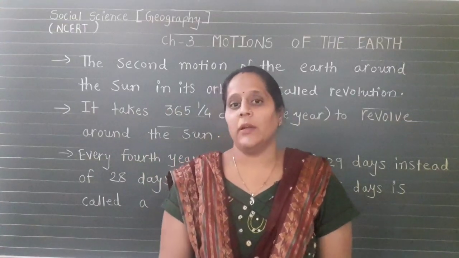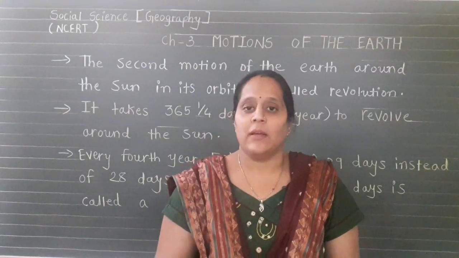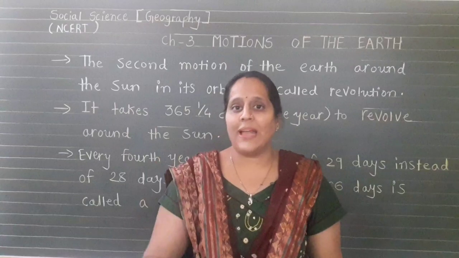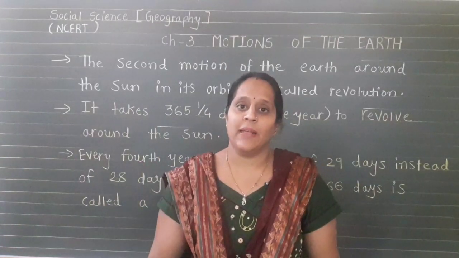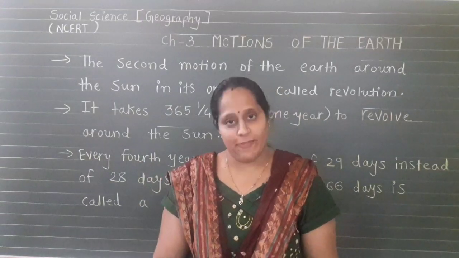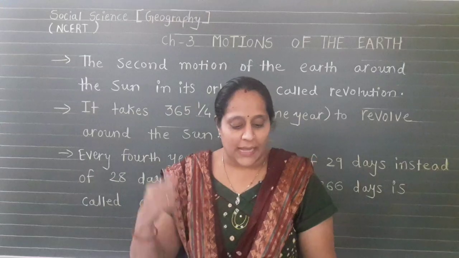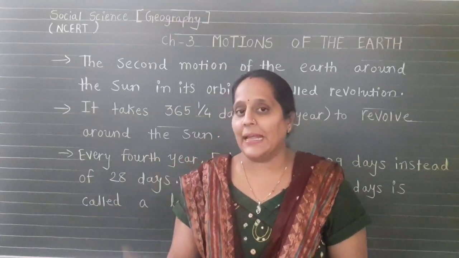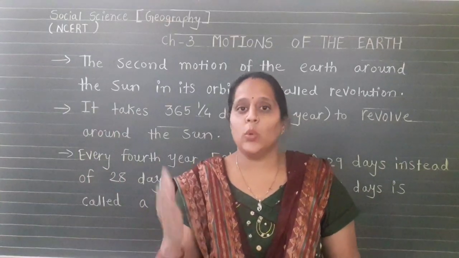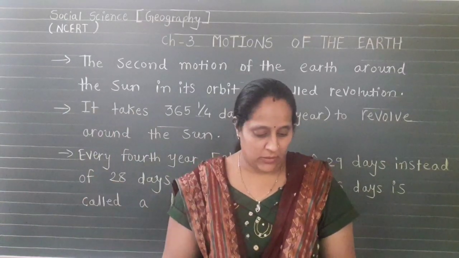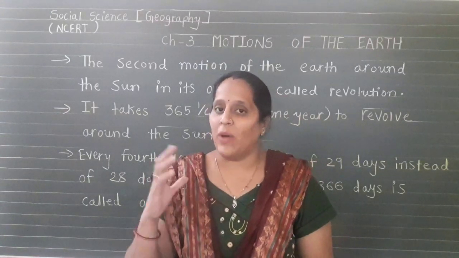In a leap year you add 1 day to the month of February, which means that every 4 years, as in 2020, there will be 29 days in February. So find out the next leap year. Our next leap year is 2024, and after that 2028. Okay.